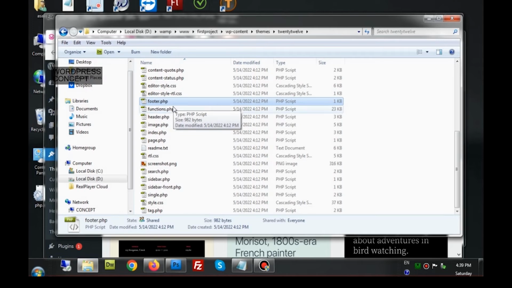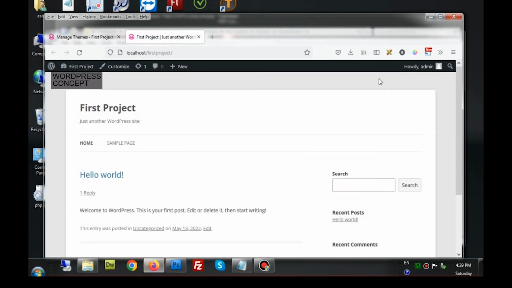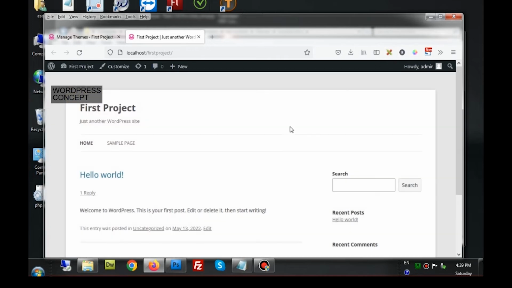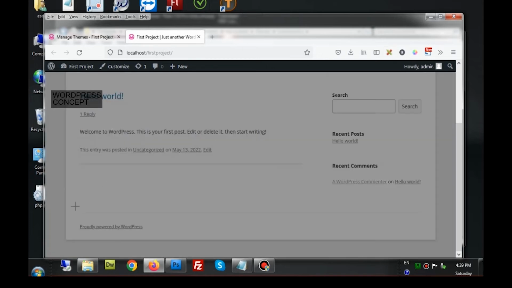Now the header of the page basically includes this portion, the header of the page including the navigation bar, and the footer of the page is this portion.